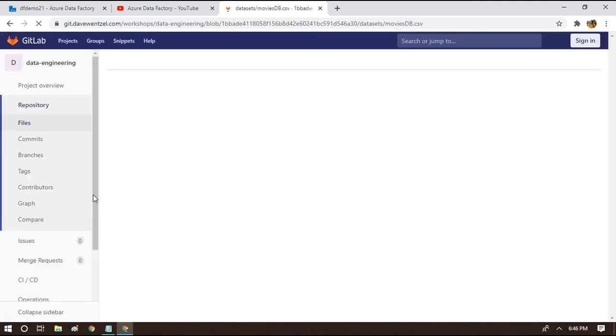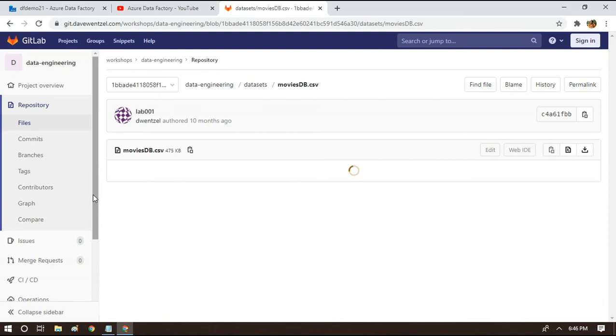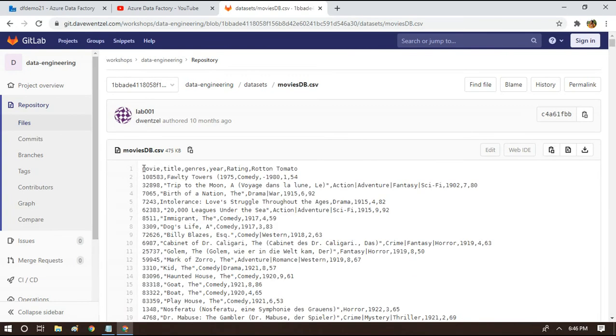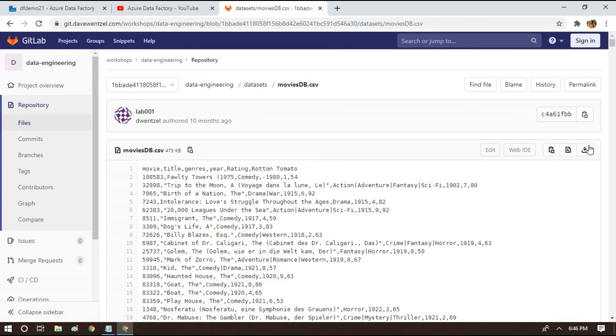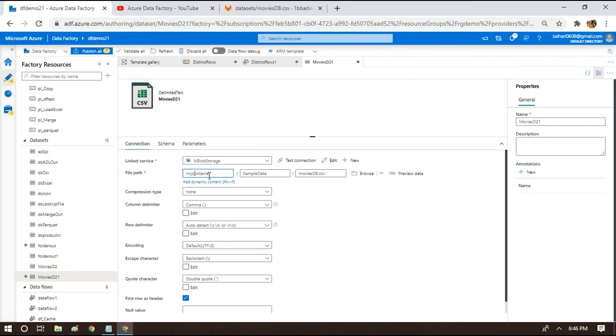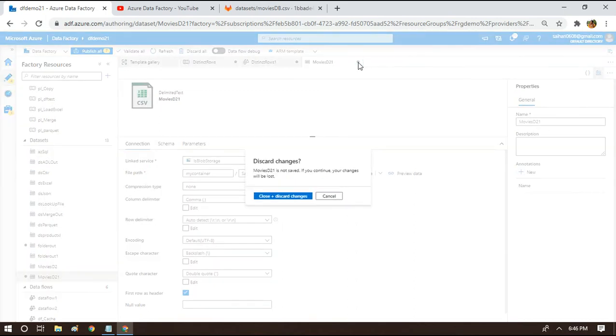We can simply download the file, or we can simply copy the data provided by this screen and write it to a CSV file, and upload the same CSV file to our blob storage path. So here, we are provided with the data which is used by Microsoft for the demo. You can either download or copy paste this data to a CSV file and upload it to the Azure portal, and you can choose this container name, folder name and all appropriately. So this will be one change that we'll have to do in order to work with this template.